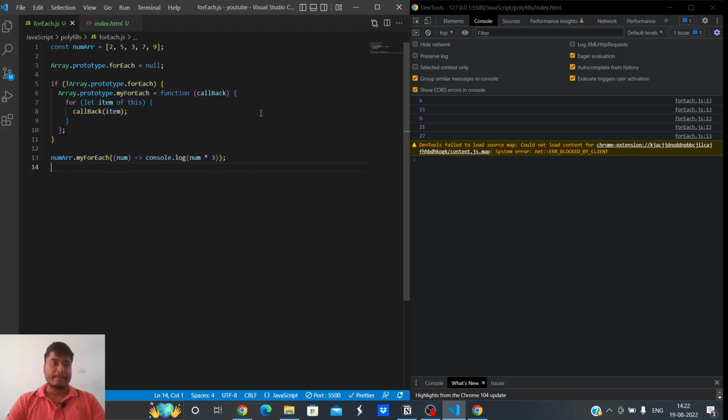Okay, so instead of myForEach, you can also simply write forEach here, because forEach functionality is not provided, you are providing the forEach functionality itself. So it's up to you. See, it's working. So yeah, this is how we write a polyfill for the forEach method, and you will find this code in the description,